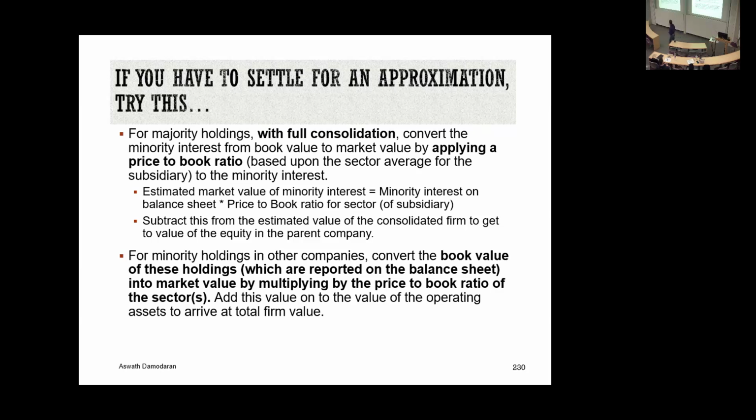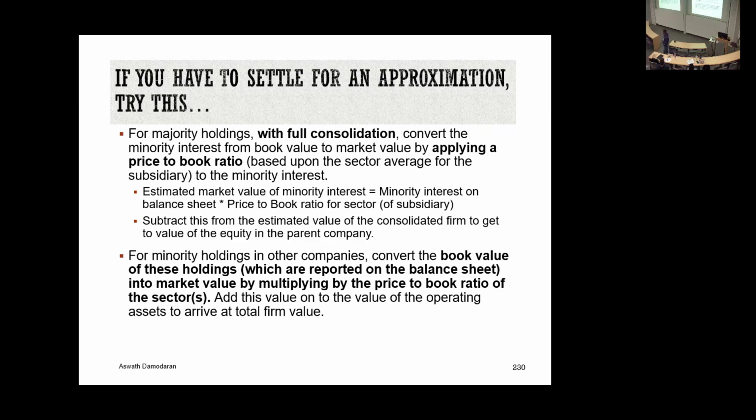So in the real world, the problem you often have is you don't have the information and you've got to make approximations. So I'll give you what I do. I go to a balance sheet. I see cross holdings on the asset side and minority interest on the liability side. They're both in book value terms. But rather than take the book value and say, that's all I can do, if I know what businesses your cross holdings are, and most of the time I do, I go to my database on what the price to book ratios are for businesses.